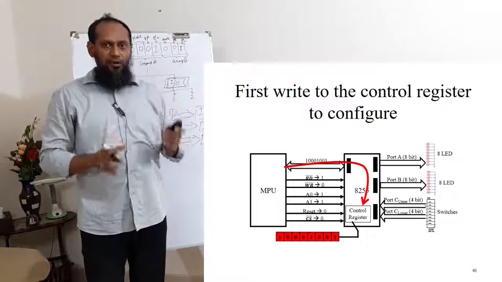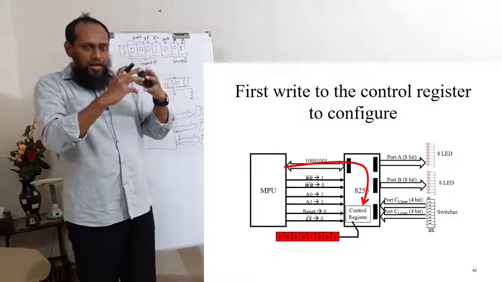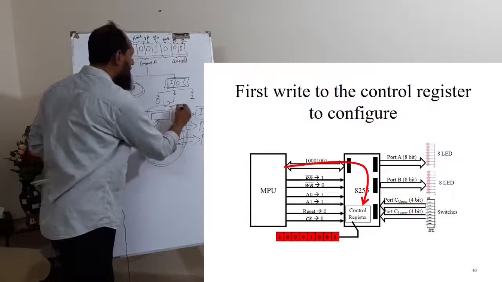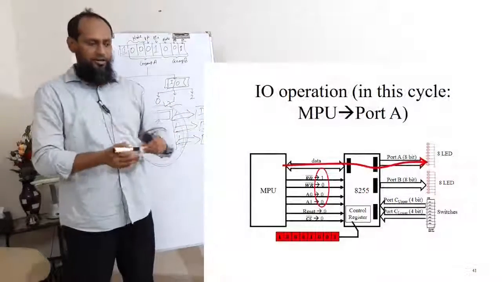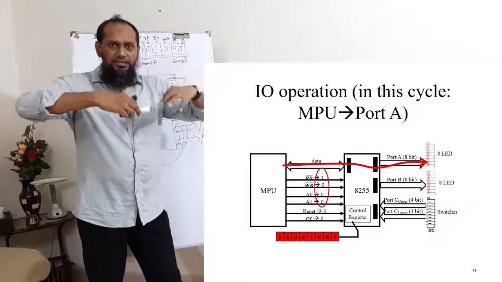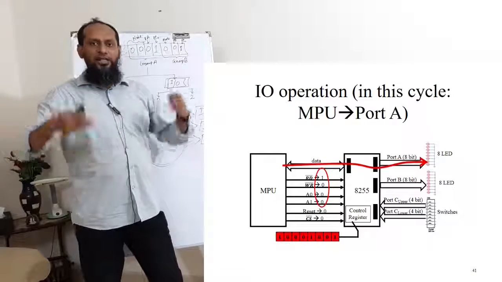Now, after writing this control word, this IC is ready, ready to perform the IO operation. Okay, next slide. Now, what is IO operation? At this moment,